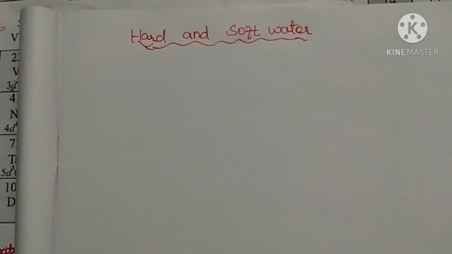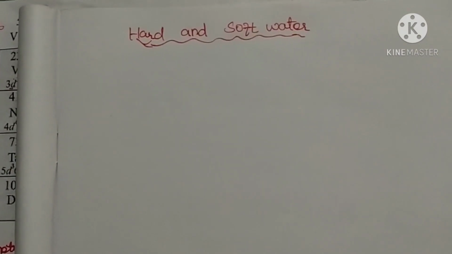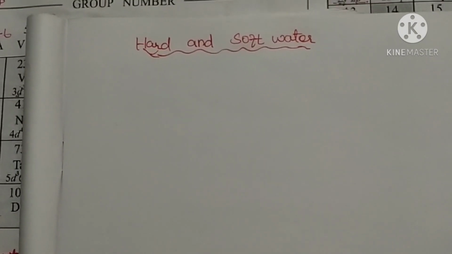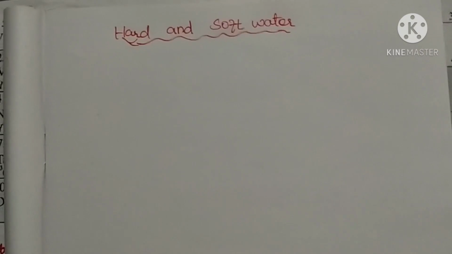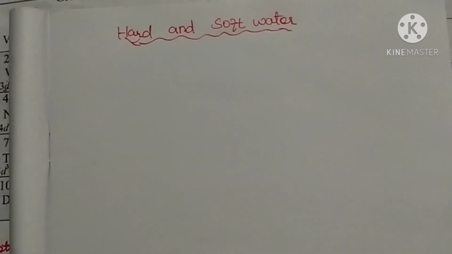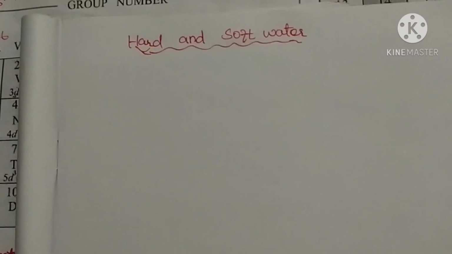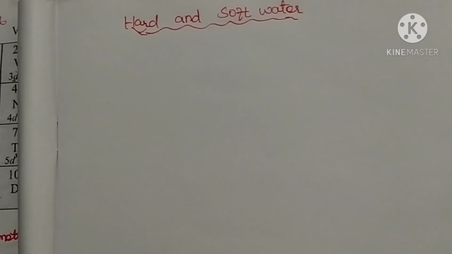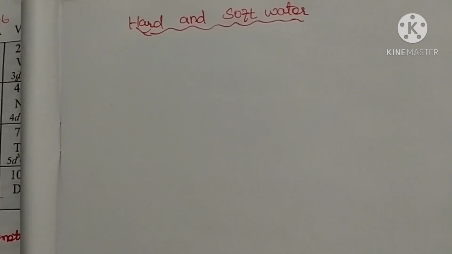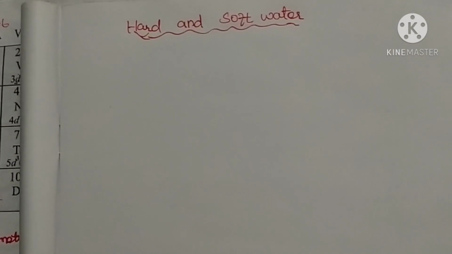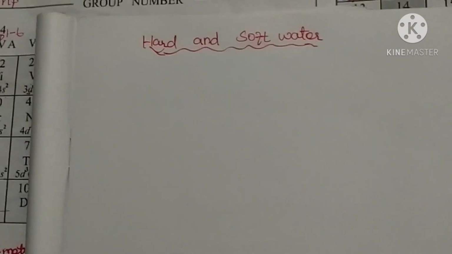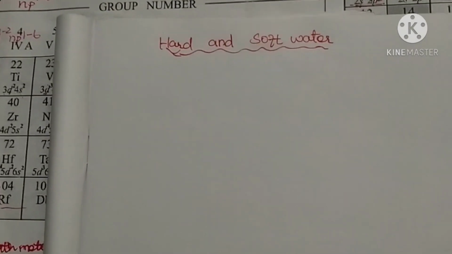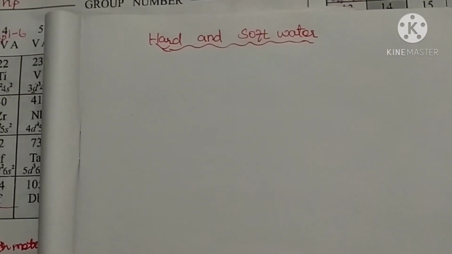So the soluble salt of cations in water is generally known as hard water, or the hard character of water. What are the mineral ions dissolved in the water? Mineral ions like magnesium, calcium, maybe iron, aluminium, manganese, and sometimes lead. So the soluble ions in the water make it known as hard water.